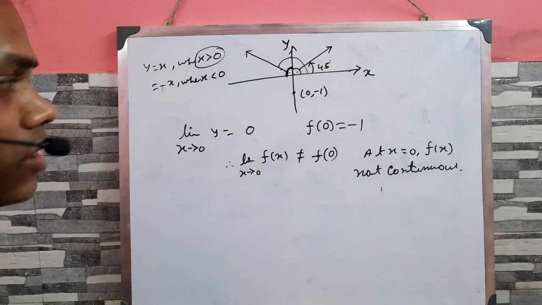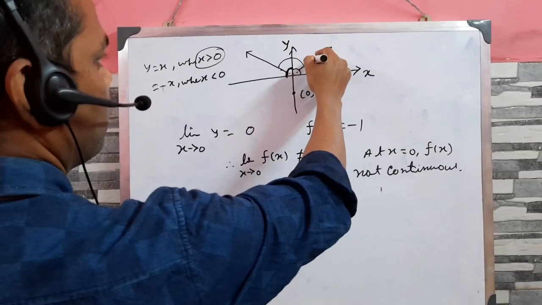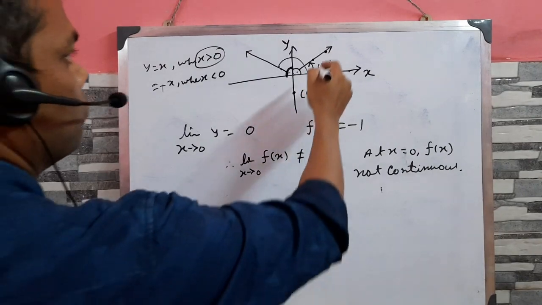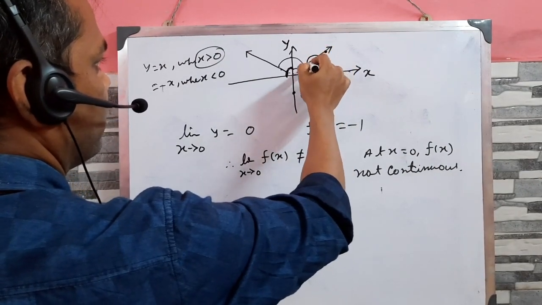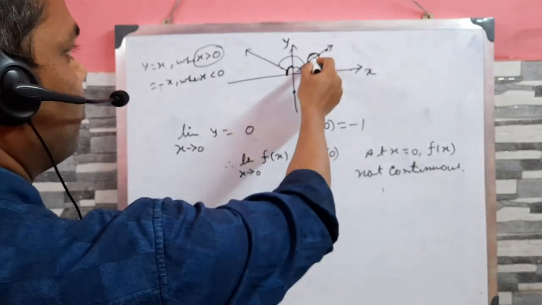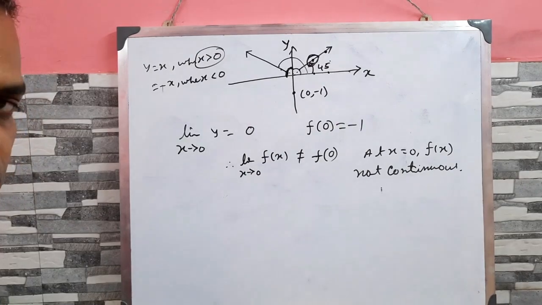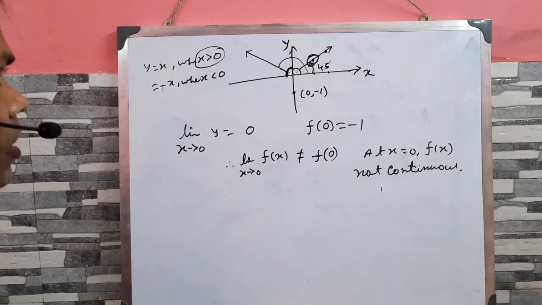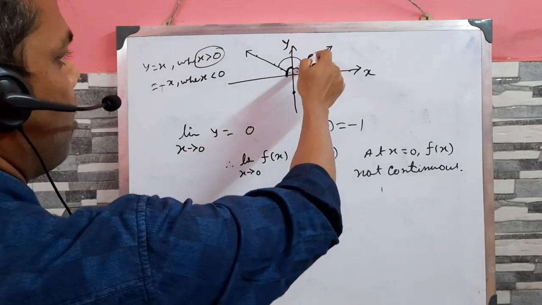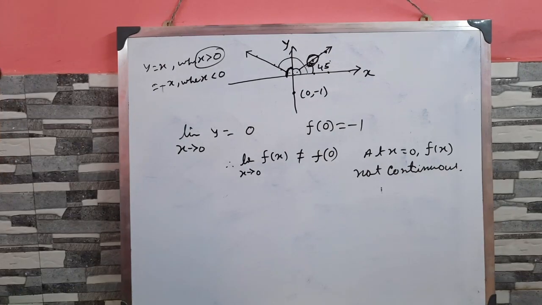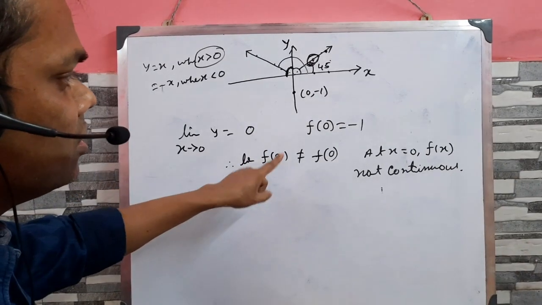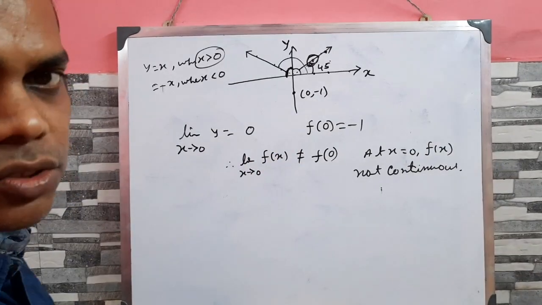But otherwise, at x equals 1, the value of the function is 1, at x equals 2, the value of function is 2. You see that for x equals 1, in the neighborhood of 1 the left hand limit and right hand limit are both the same, so the limiting value exists, the function value also exists and equals that value. So at x equal to 1, 2, minus 1, minus 2, half, 3 by 2, for every value except 0 the function is continuous. So this function is discontinuous only when x equals 0.